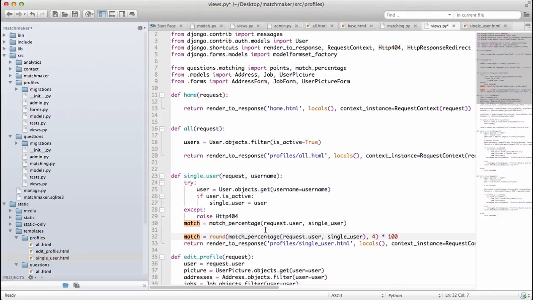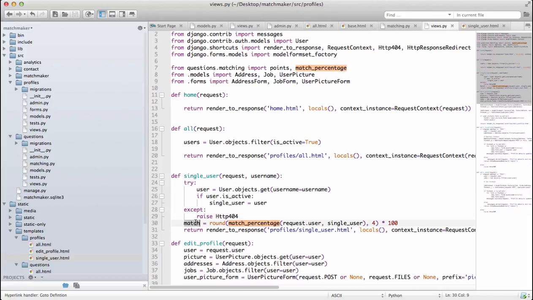Okay, so the reason you can still see this stuff is because I want it to be nice and clear and easy for you to understand. What's going on here is it's rounding this number because this match percentage is going to be some long string of numbers. It's going to be like 0.7523, blah, blah, blah. But we want it to be a nice, clean 4-digit number. So we'll round it to 4 digits. That's going to be the 2 digits after the decimal point once we multiply it by 100. So 4 total digits, and it's going to round it right to that, which gives you a nice match percentage